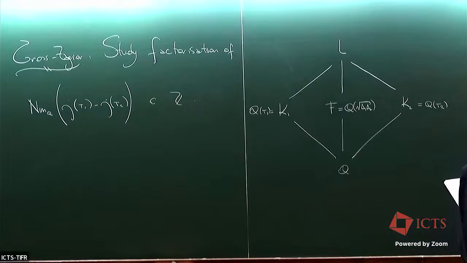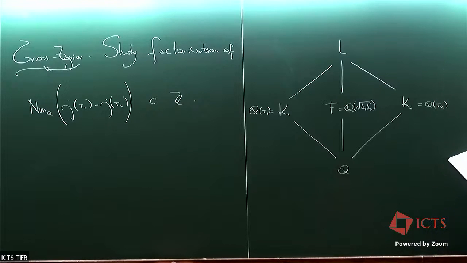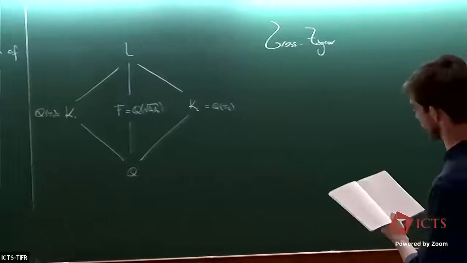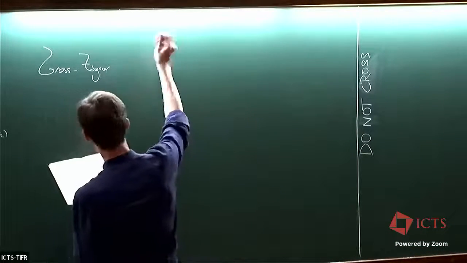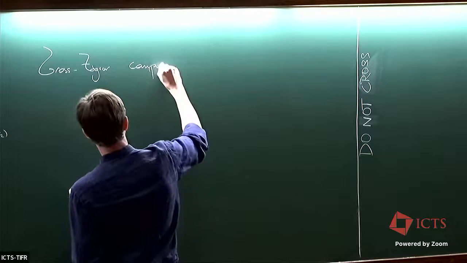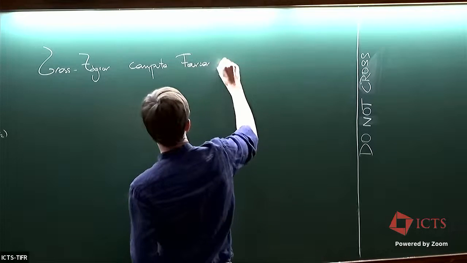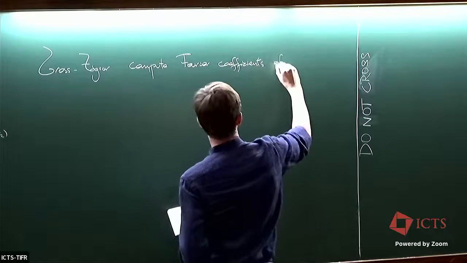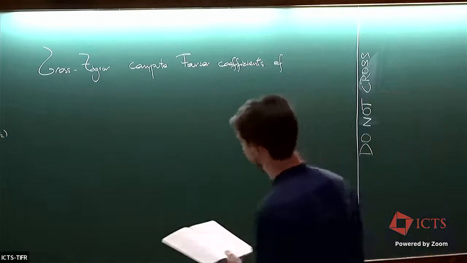Okay, now Gross and Zagier actually give two proofs of their factorization formula. And the proofs are so much more interesting than the formula itself, so I won't state the formula for this integer that they prove, but I will talk about one of the two proofs that they give. Now, Gross and Zagier do the following. They compute the Fourier coefficients of a certain real analytic family of Hilbert-Eisenstein series. And it's actually a very famous family,